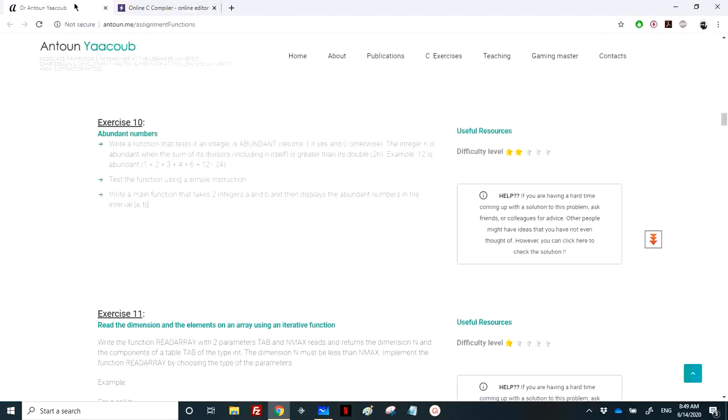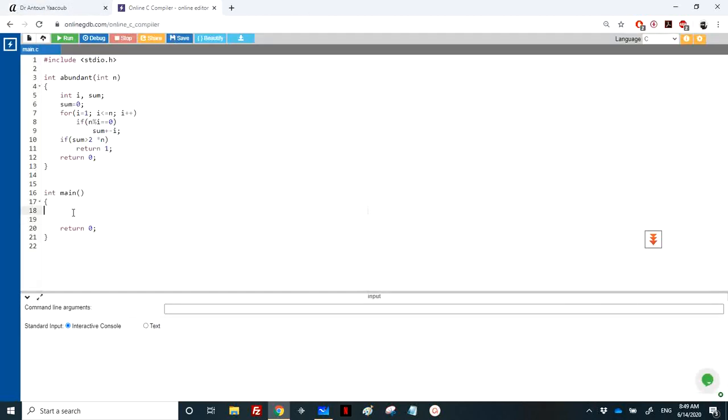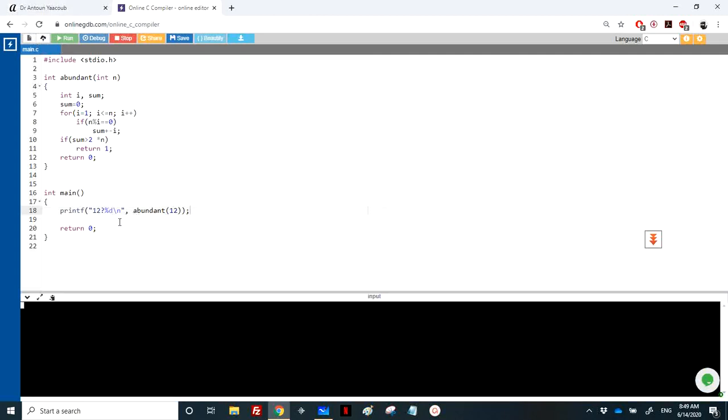As an example, I will take 12. The user can enter an integer, but I will call it directly. So printf 12 question mark %d backslash n, and I will call abundant of 12 to see whether it returns 1 or 0. So let's run. You can declare a variable n, use do while and stuff like that. So as you can see, it returned